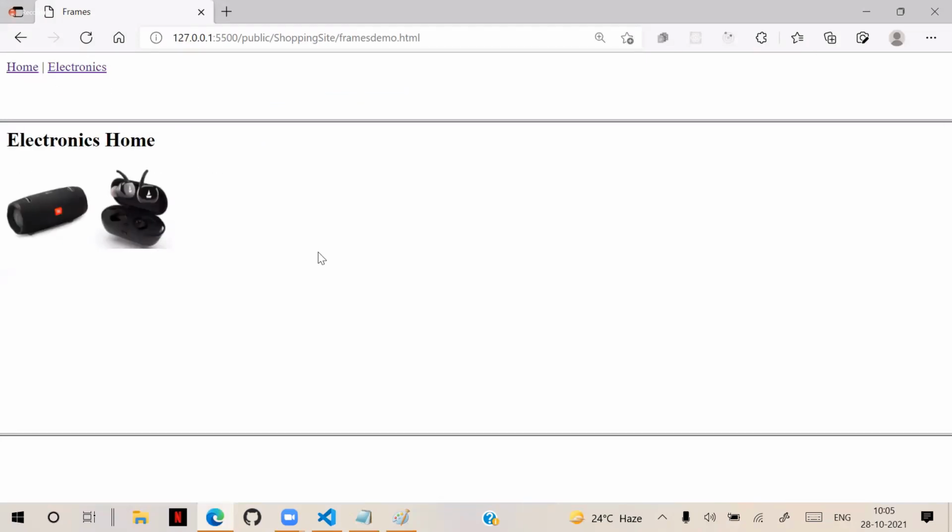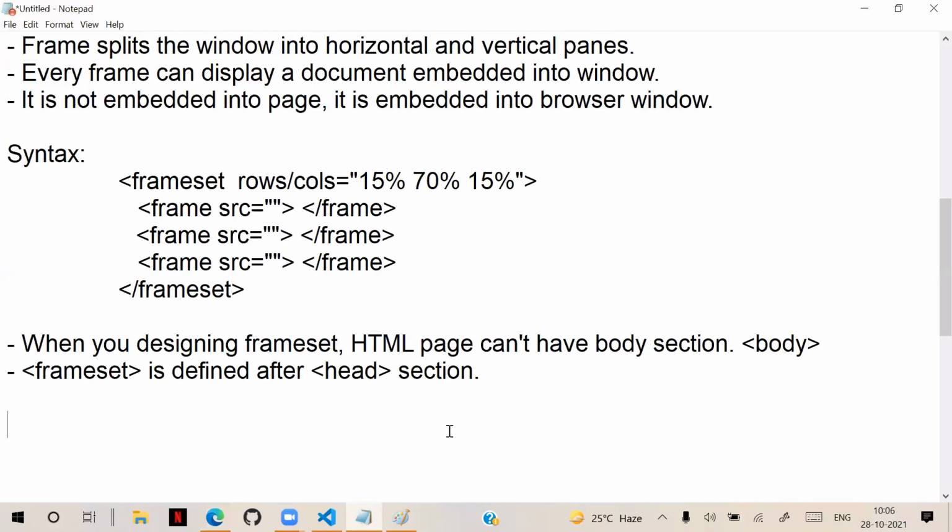But splitting a window into frames is a bad idea now. Earlier it's fine, so in old technologies that is fine. But now it is not good. Not good, not suggested, and never to use it. Just know about this, how to handle that. That is one simple concept. That means here one more option is